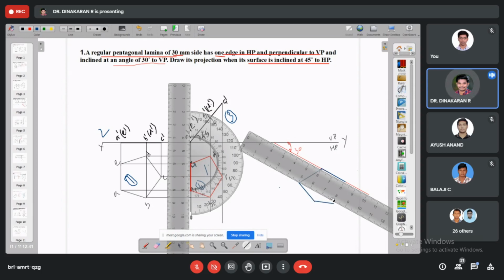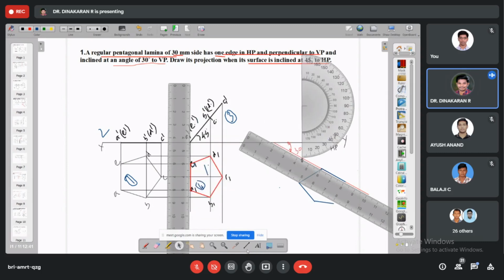Otherwise, one more easy step I will tell you. You measure the center distance. If in some case it is 30, marking from that 7 to this center point to C1, how much is there, measure it, then cut it with the compass and draw an arc. For your easy drawing, I am telling. A perpendicular line, and measure this center line to C1, cut it on this arc using a compass.